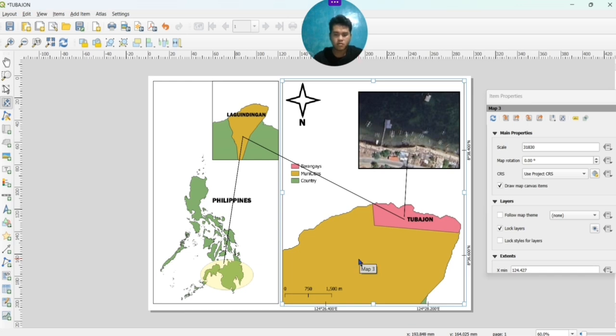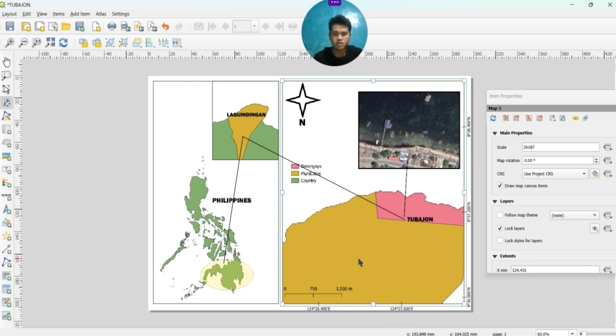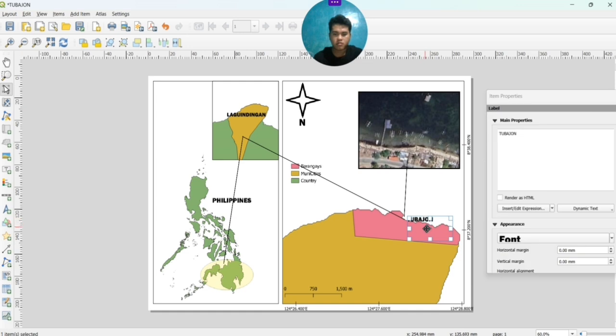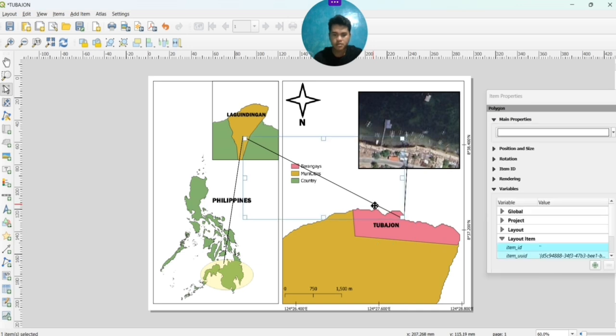So I want it to be more zoomed and adjust it for a while. More, and this one to be more. Then that one. So when that happens, you need to adjust those things, where the coordinates are off or the labels were not placed on the proper side. No, just adjust those things.